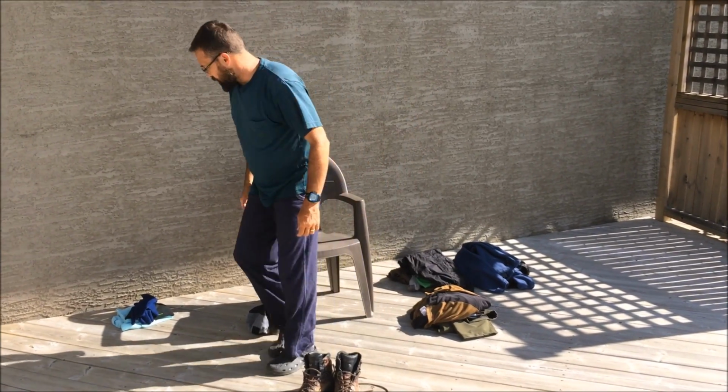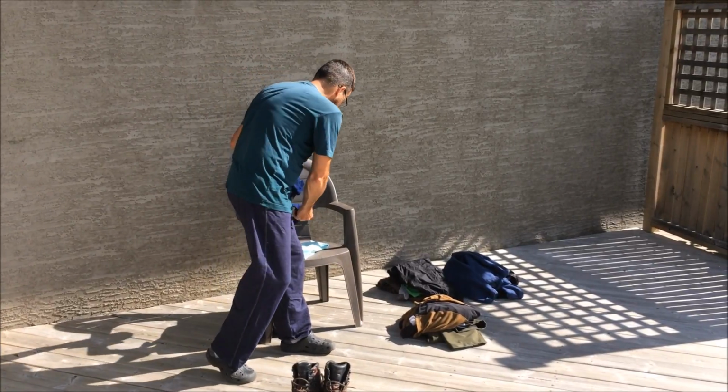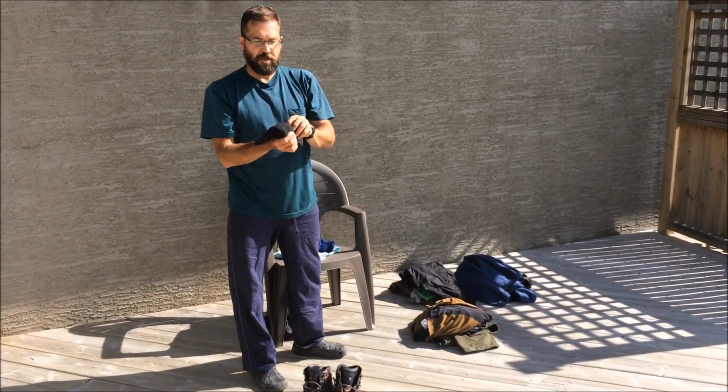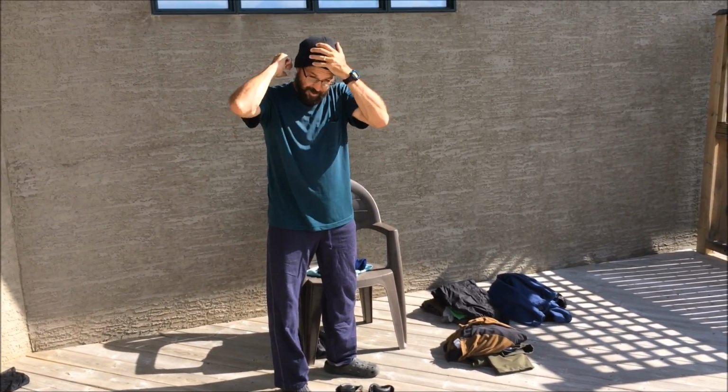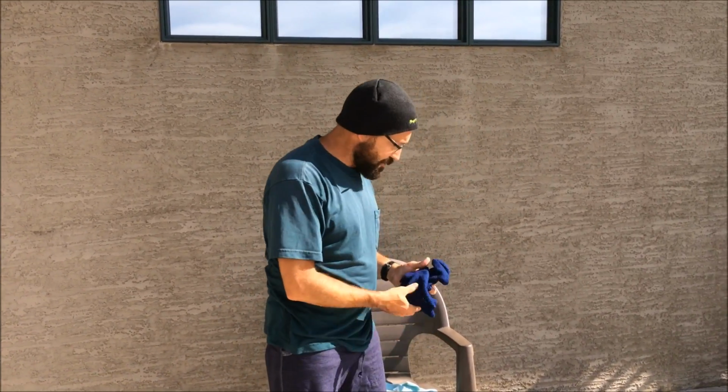Last couple of things I want to talk about. I bring one of my famous Marty Up North toques. I hike in these things, and you can sleep in it. If you keep your head warm at night, it makes a big difference. And I also bring